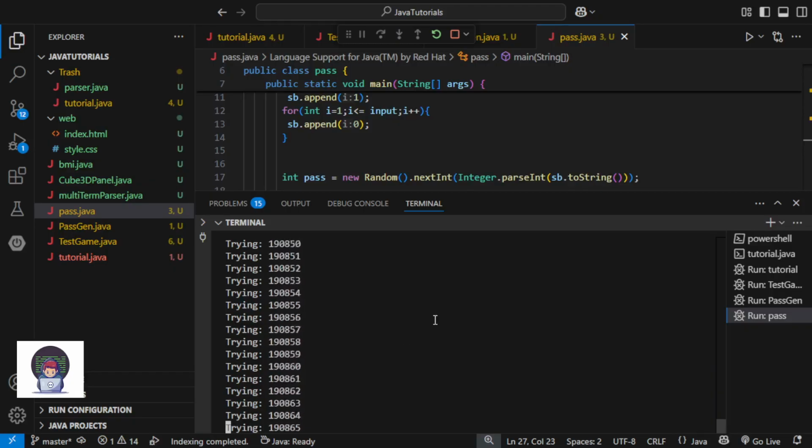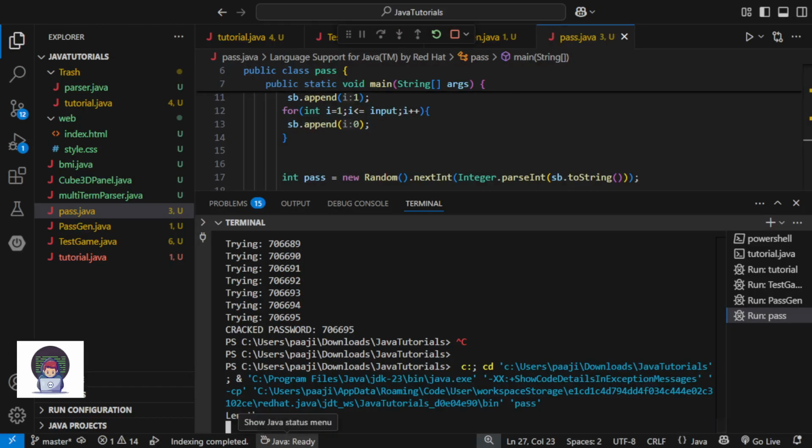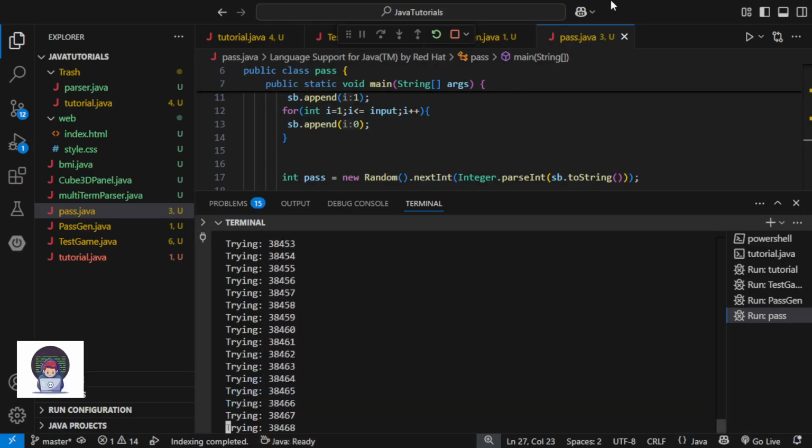So if you don't know, I find this concept very cool. Why? Because hackers use this. Some very low level primitive hackers, if they steal your iPhone or something, they will plug up this sort of machine. They will take a USB and plug it into your phone. Let's say you have a 6 digit password, so they will just enter 6, and boom, it will keep trying. It will try so many combinations every second, and in a few minutes it will brute force the password.